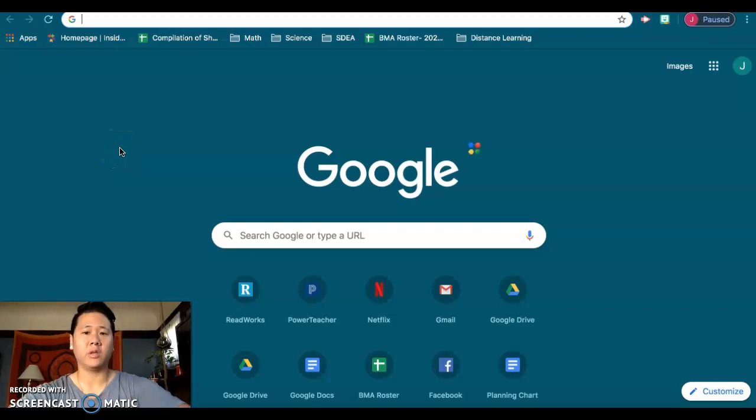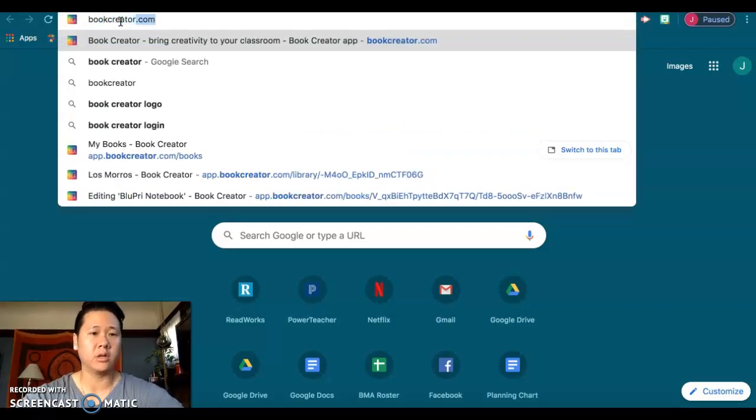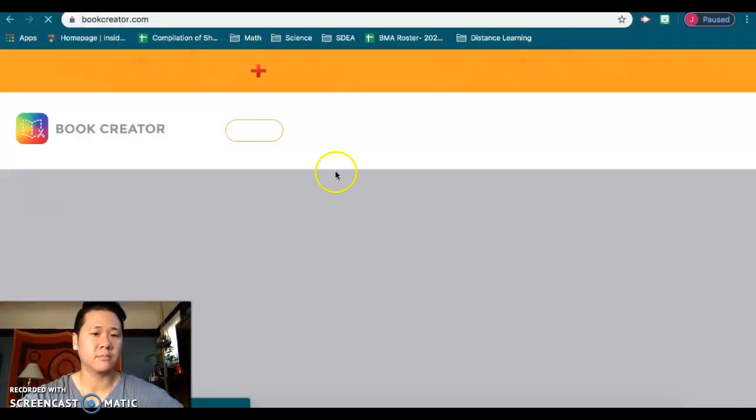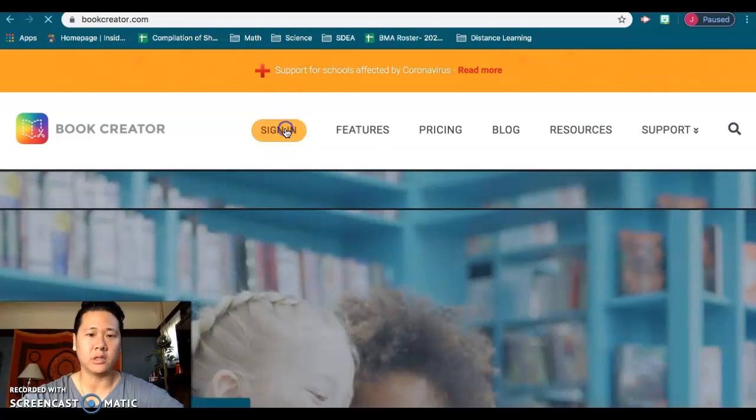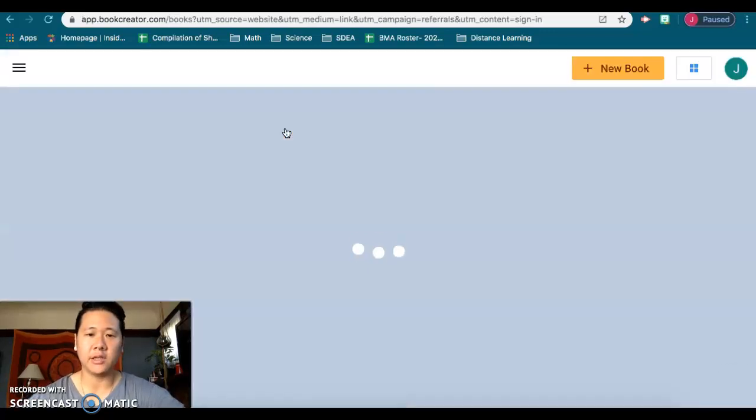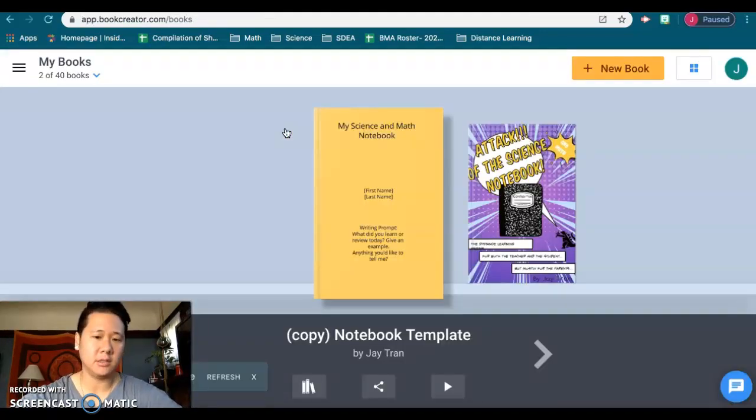Hi y'all, today we're going to be learning how to decorate our math and science notebooks, and what you're going to do is you're going to open up a new web browser, Chrome, in the address bar type bookcreator.com, and of course sign in. You're going to sign in using your student ID at stu.sandy.net, but for myself I'm already logged in, and so